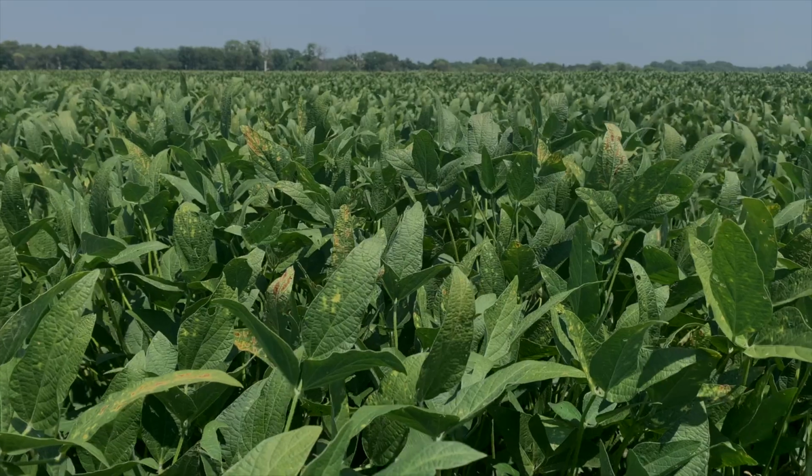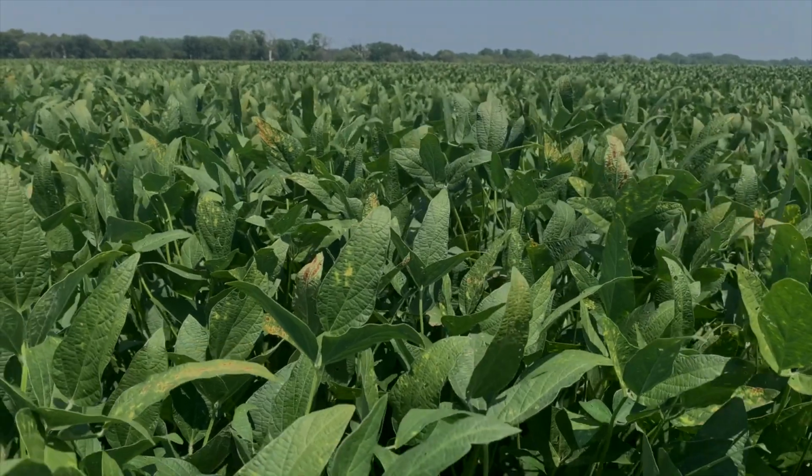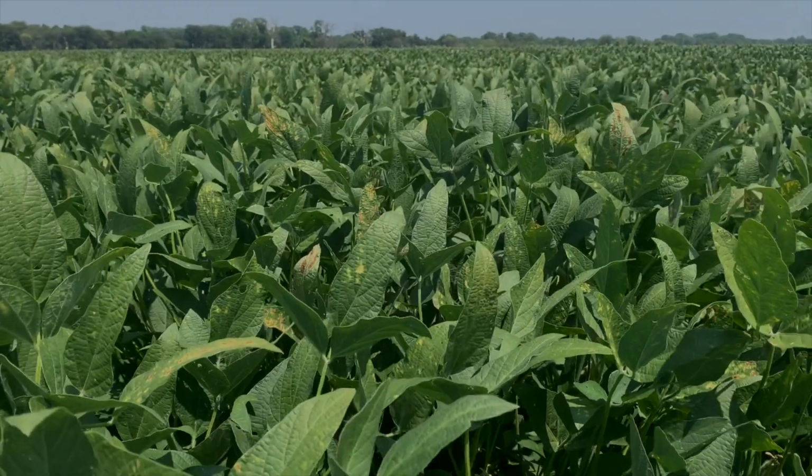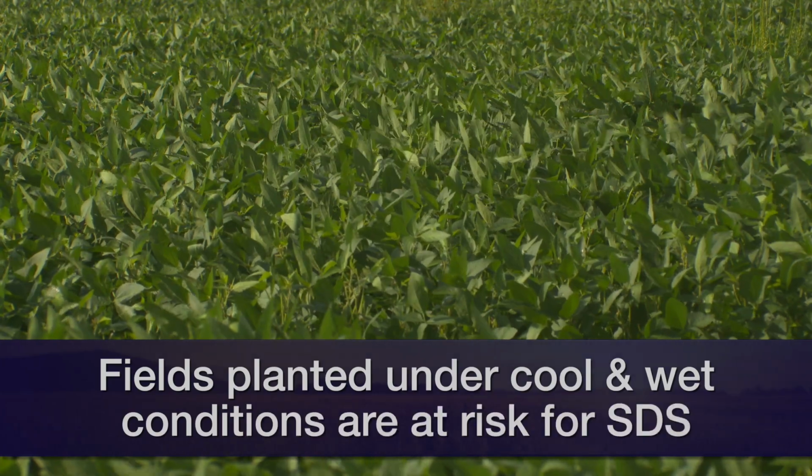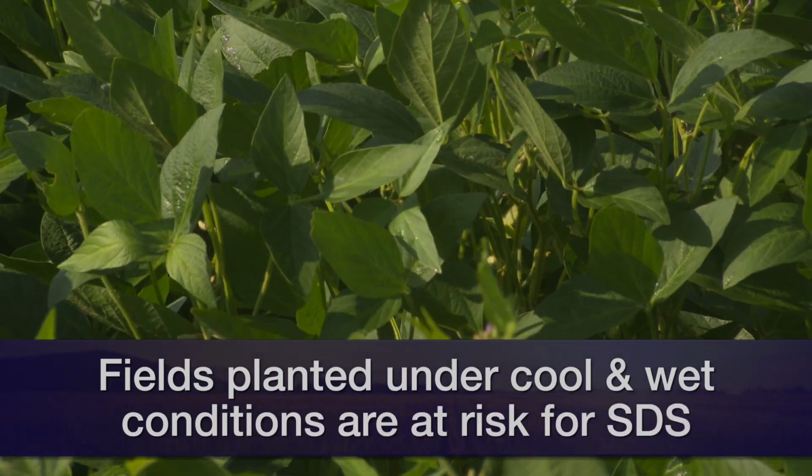Another disease that starts to show up in some fields in the central part of Oklahoma is the disease known as SDS. The pathogen that causes the disease infects the root system very early in the growing season, most of the time when the soybean is planted under cool and wet conditions. So fields that were planted at the beginning of May or in the first 2 weeks of May are more prone to develop this disease. Consider that we had a spring here in the state that was cooler and wetter